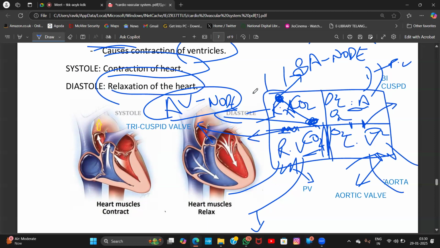Now the closure of the tricuspid and bicuspid valves, a sound is produced. What is the sound? The sound is called lub. Now the closure of